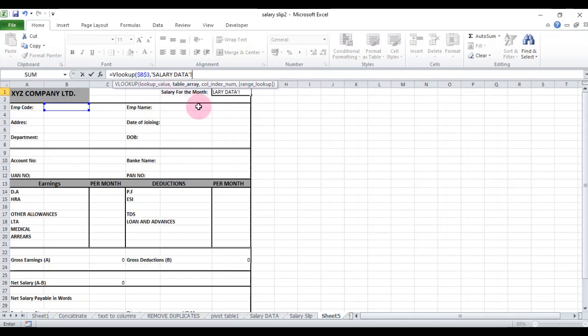Then type the range of cells where the data is. So type A1, give absolute reference with the help of the F4 key on your keyboard, to X9, change to absolute reference, then comma, then the column index number.